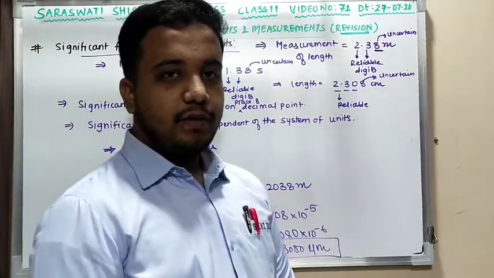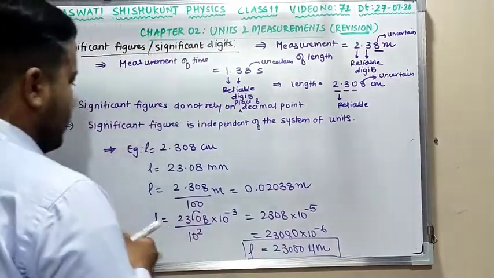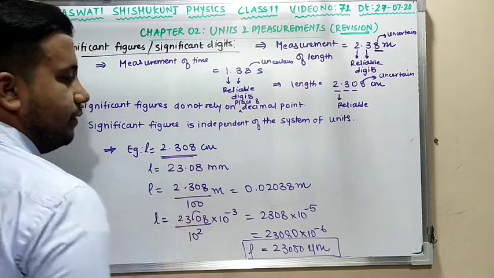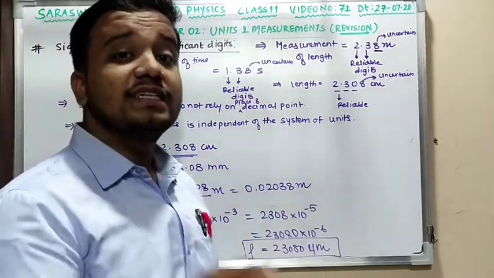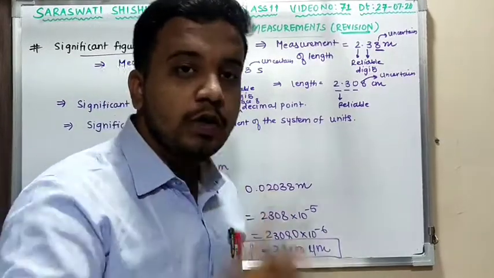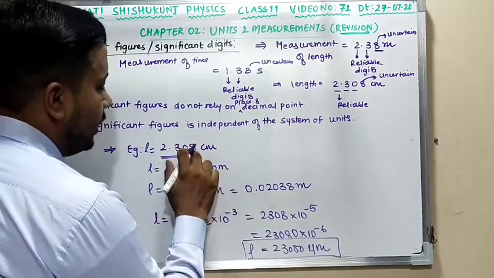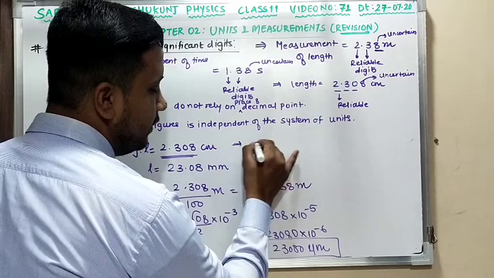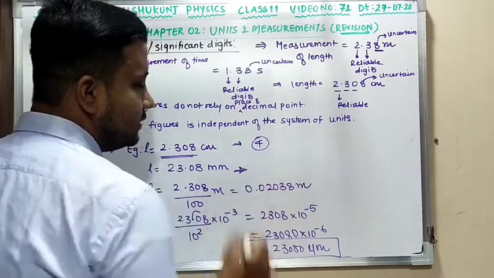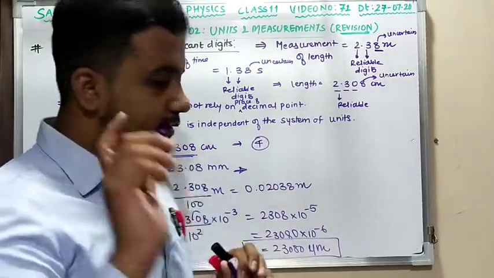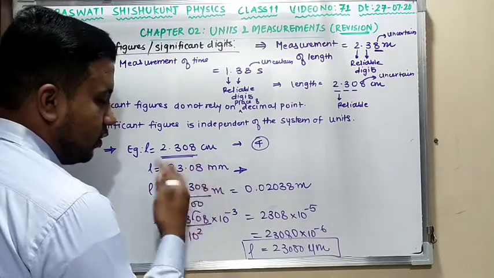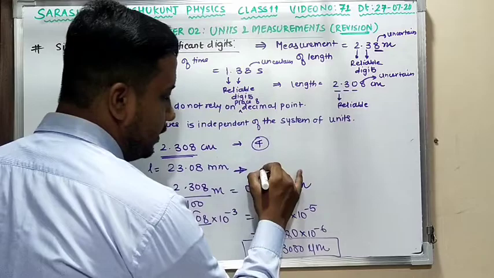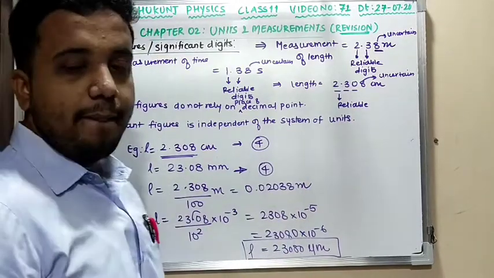100% clear. Remember one thing, the significant digits over here: 0 between two non-zero digits is considered to be significant. That is rule number 1. Here we are going to notice 1 2 3 4. So how many significant digits? 4. Till this clear? 100%. Second thing, 0 between two non-zero digits, whether it is decimal place or not, again 1 2 3 4. How many significant digits? 4.